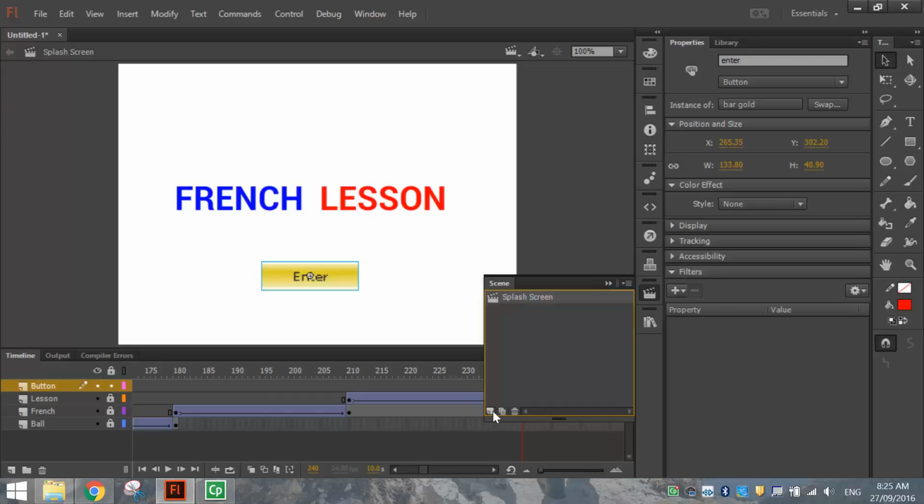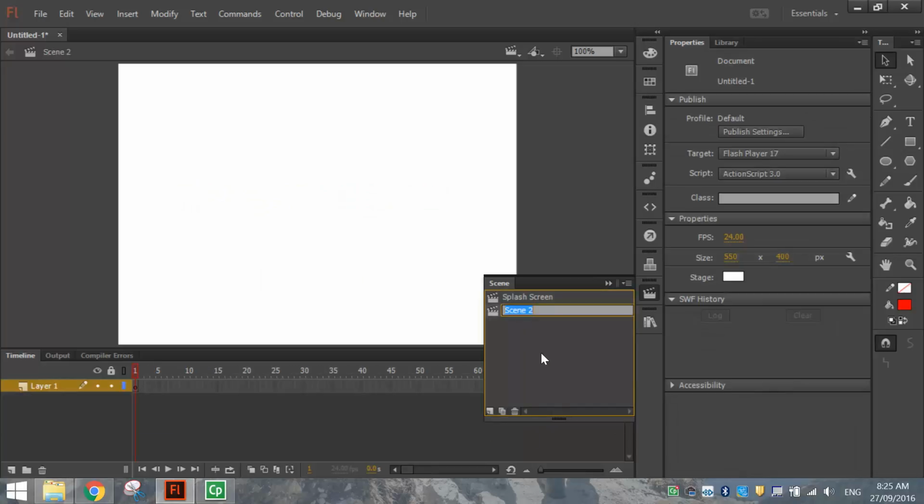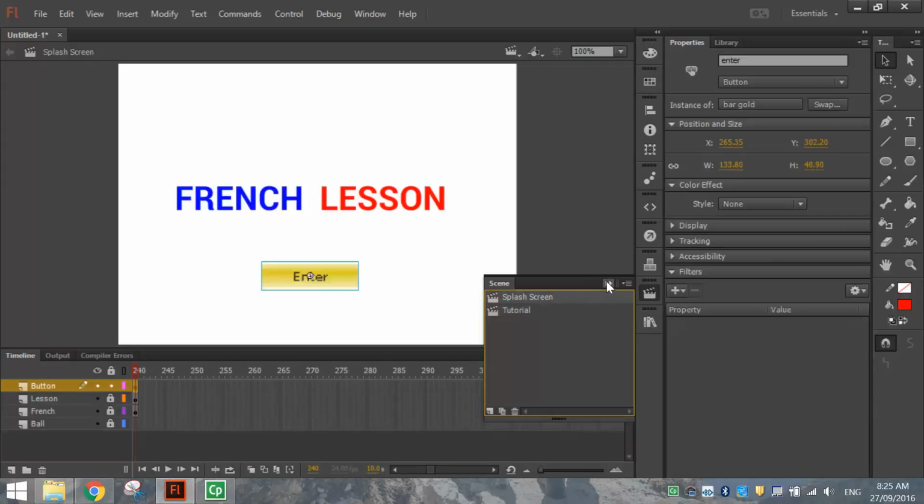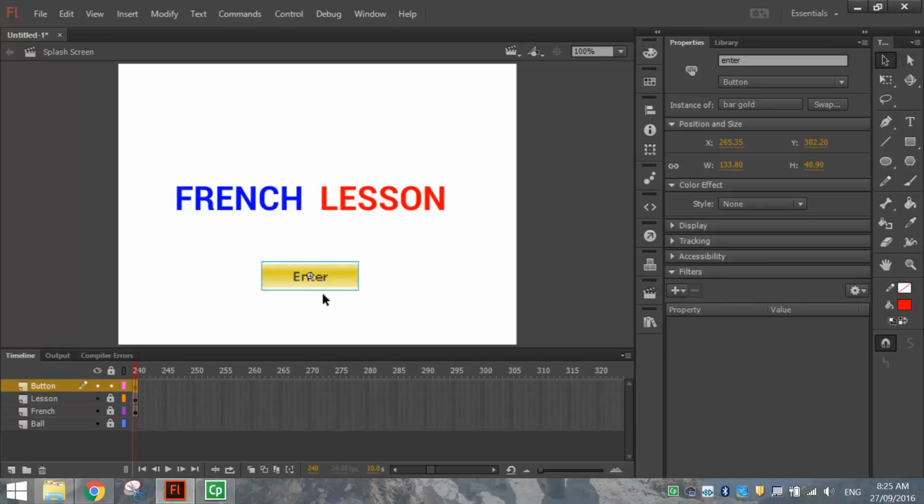Then I'm going to make a new scene. I'll press that little button in the corner. And the new scene is going to be called tutorial. This is where our French tutorial actually takes place. Okay, so let's make our code work so that when we push this button it takes us to the tutorial